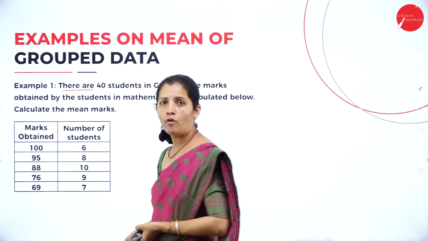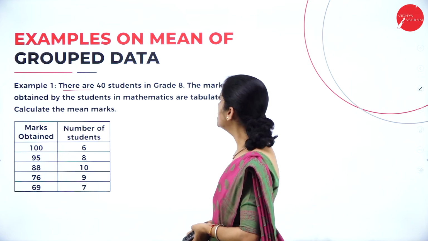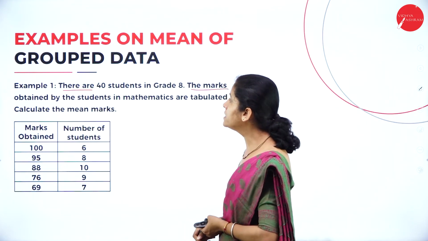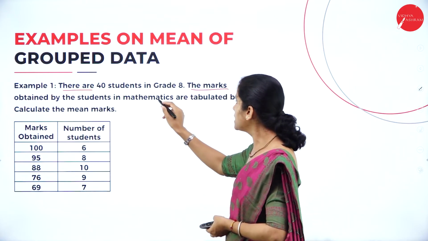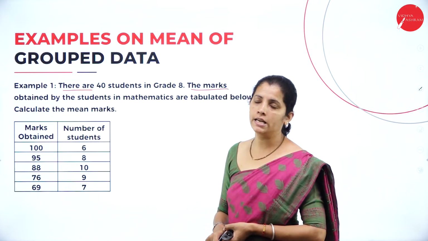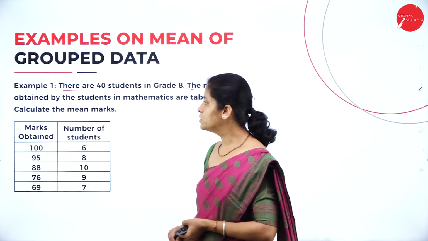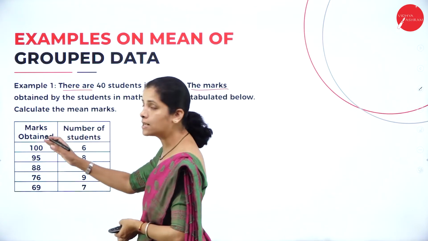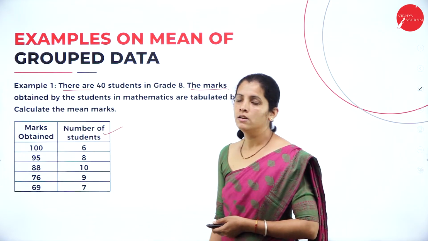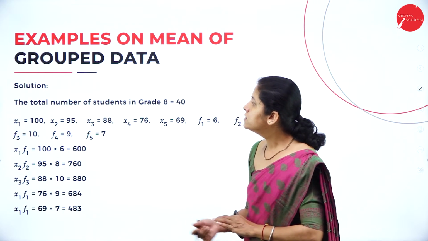There are 40 students in grade 8. The marks obtained by the students in mathematics are tabulated below. Calculate the mean marks. So, dear student, I have the marks obtained and the number of students. Now, dear student, see here,